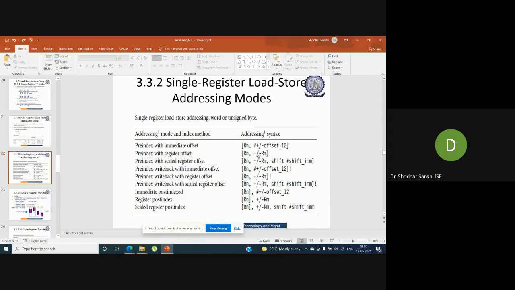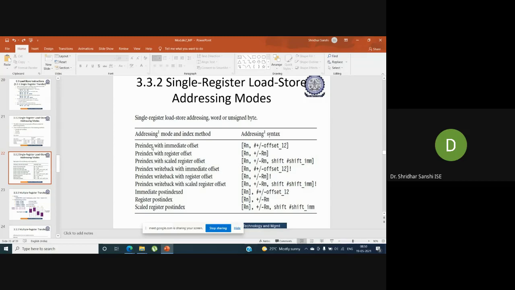You can notice that there is no exclamatory symbol, so we will not update the base register. Then pre-index with scaled register offset, where we can scale the register value using a shift operation. This is how the syntax looks.